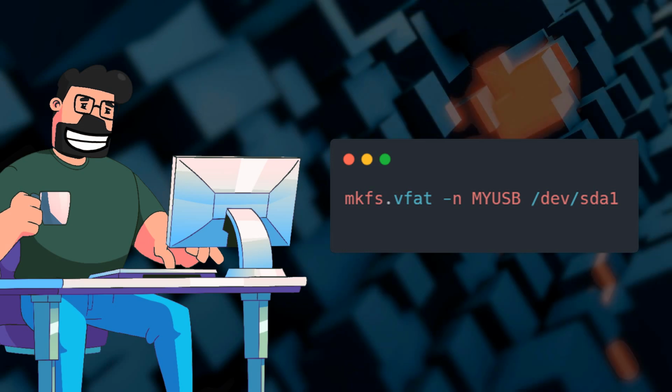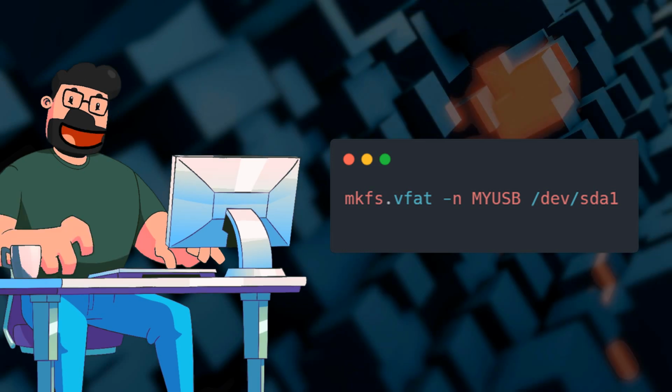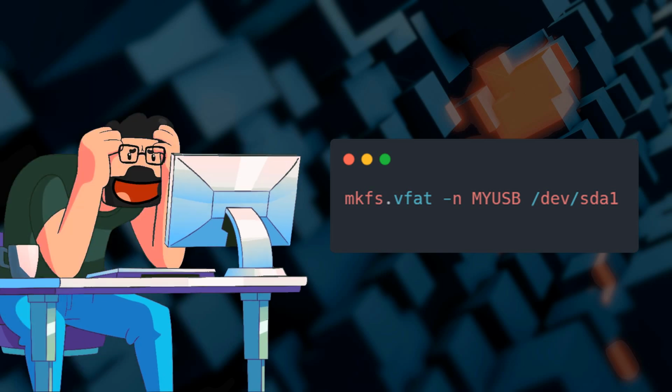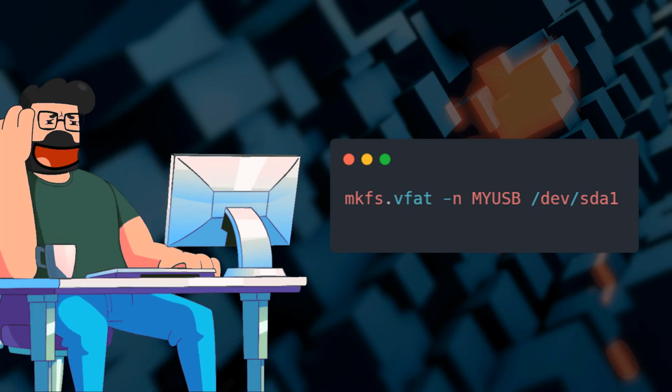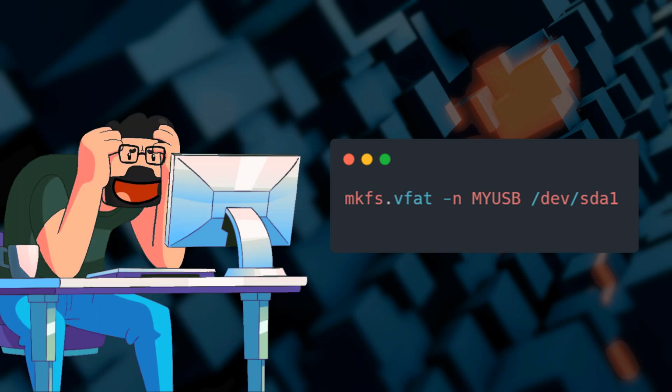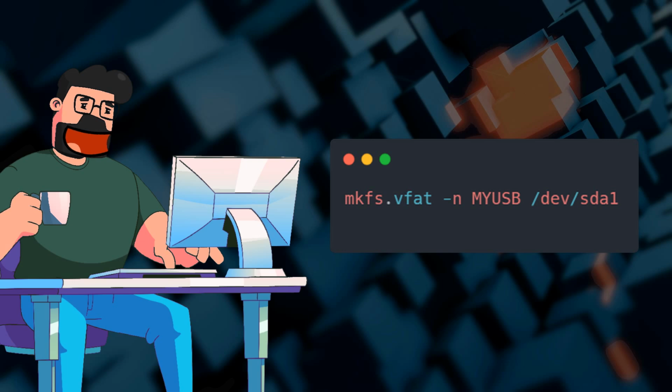Once the partitions have been reconfigured, the final step is to format the partition using the mkfs.fat command. This command will format the partition with a specified file system, in this case, FAT32, and label it appropriately. After completing these steps, the USB drive should now be recognized by the busybox system, allowing you to access and